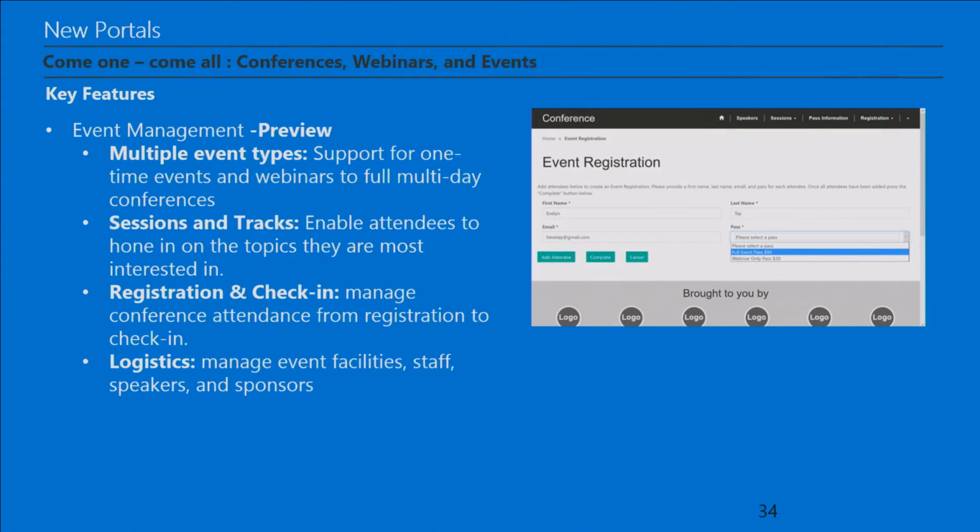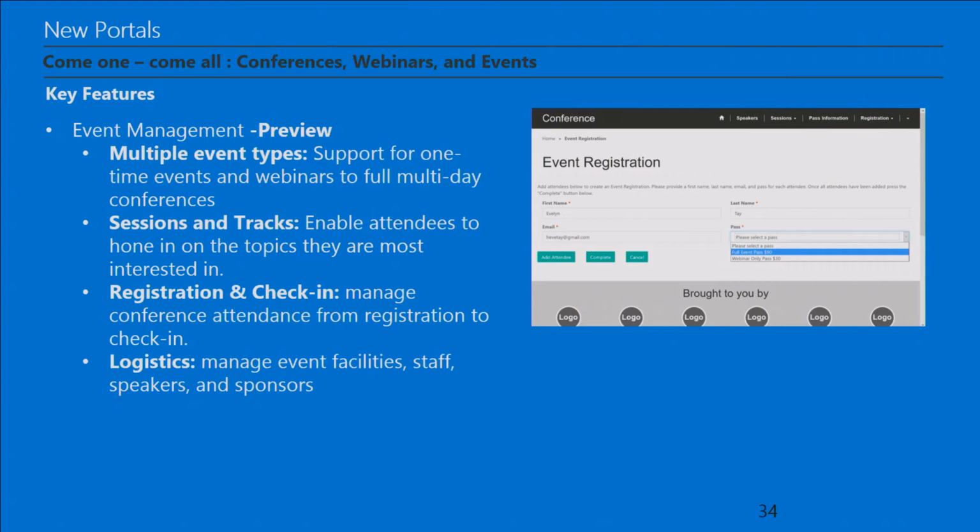We have one new portal that's coming out after we exit our preview program, because it will be entering a preview program after we ship, and that's the event portal. The event portal, you can think of it as a full-on conference portal. So it allows you to run events, whether it's with partners or not, but basically it's a full conference. So you've got session speakers, sponsors, the whole nine yards, everything from your customers coming in and registering for the event.